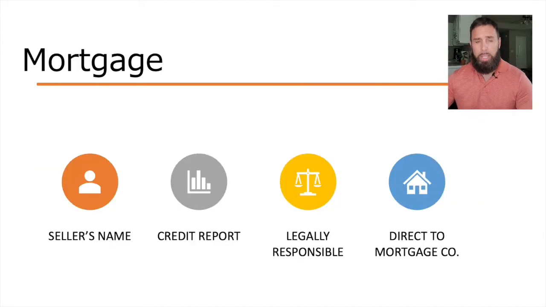So the mortgage. What happens when we purchase a property subject to with the mortgage? The mortgage is going to stay in the seller's name. So Mr. Smith will still have that mortgage on his credit report, okay? Now, my sellers always ask me, well, what happens if you don't pay the mortgage? I always tell them, take me to court. I am legally responsible because I put that in our contract. I am legally responsible to pay that mortgage. I'm not financially responsible, meaning with the mortgage company, it's not going to be on my credit report. It's not going to count against my debt to income ratio because it's in the seller's name.